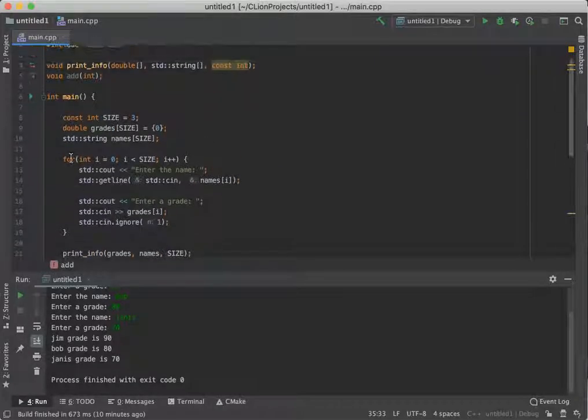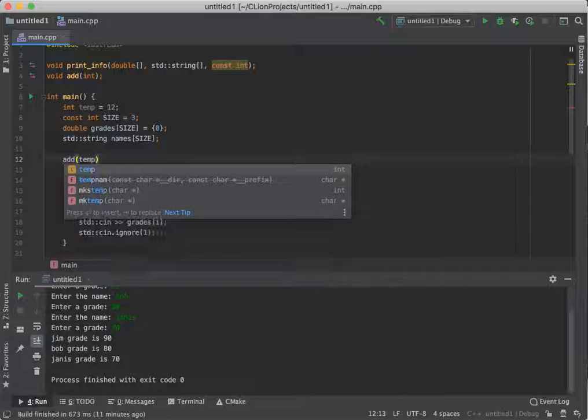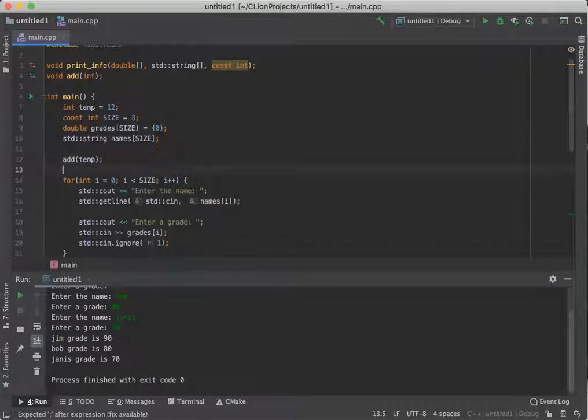But if we were up here, and let's just make a temporary value called temp, and we'll give it a temporary value of, say, 12. There we go. If I was to come in here and call add and pass in temp, and then print out temp,